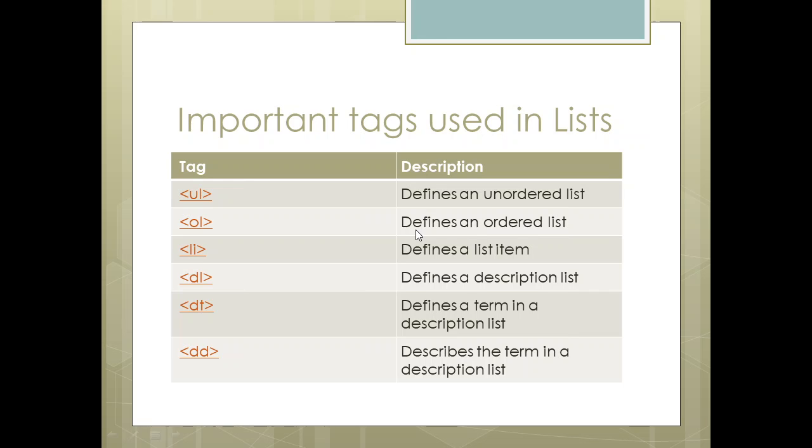Let us consider the definition list. A definition list is nothing but a description list, and in this description list we can define a term for each item. We can define the terms as the definition of one particular heading, or the definition of one particular subtopic of any other topic, like that.